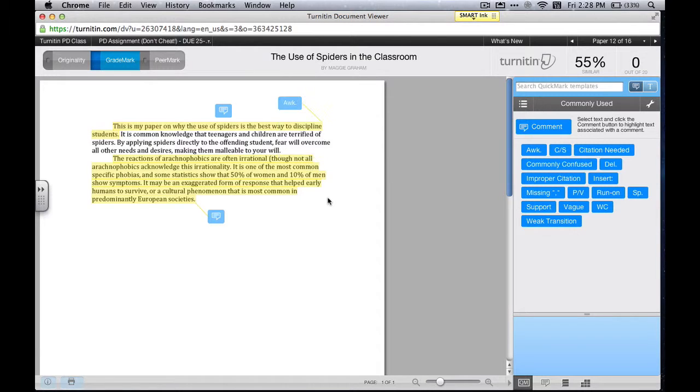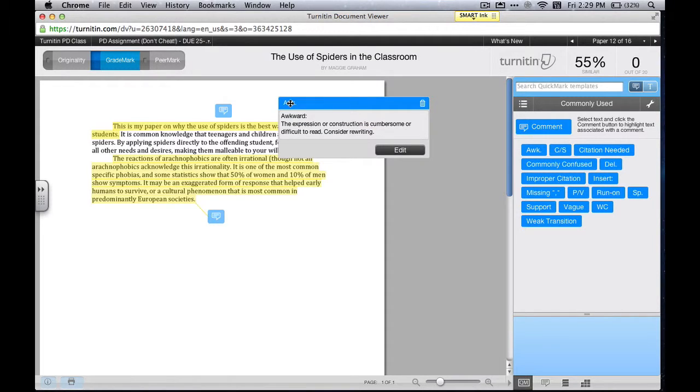That way the students can see very quickly what this comment actually means. They can mouse over it and they'll see the default description for it: the expression or construction is cumbersome or difficult to read. So you can set up what these comments basically mean.